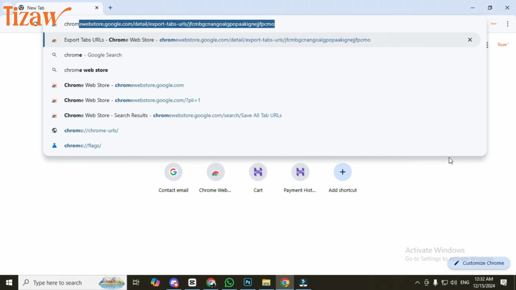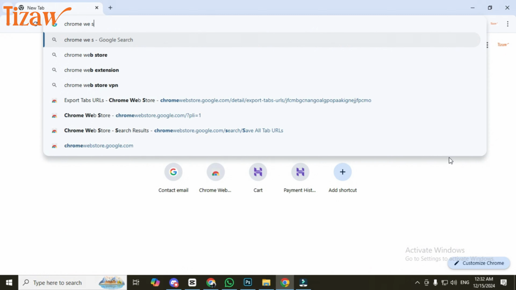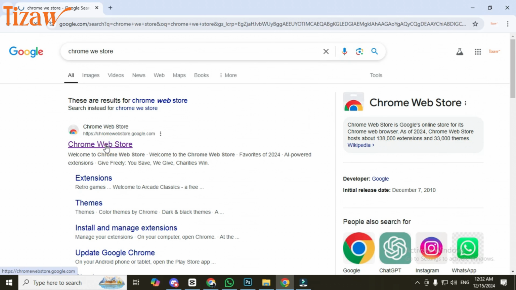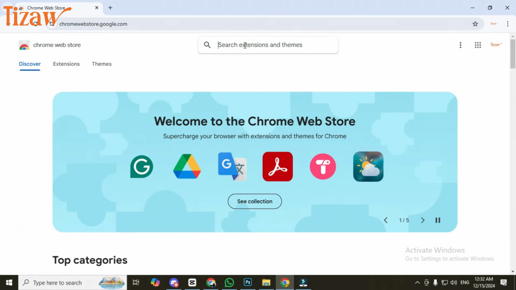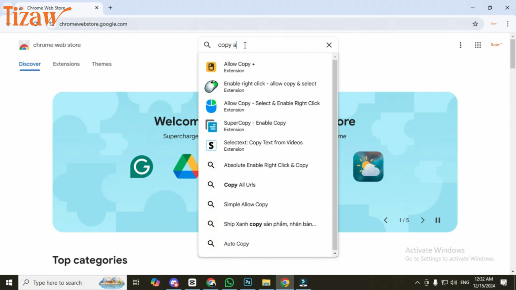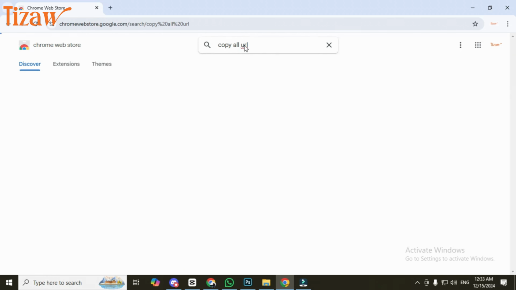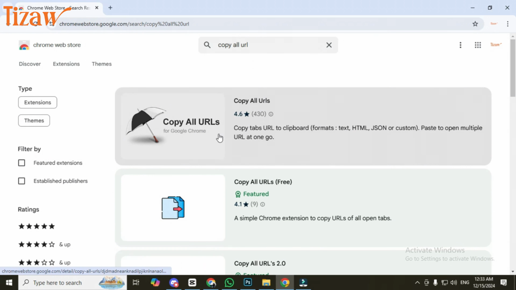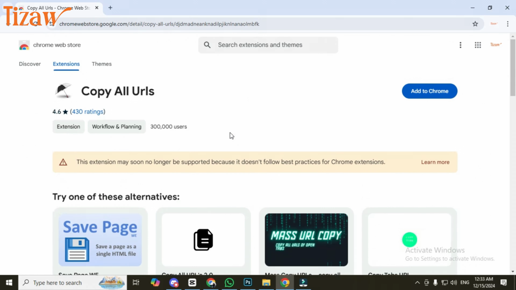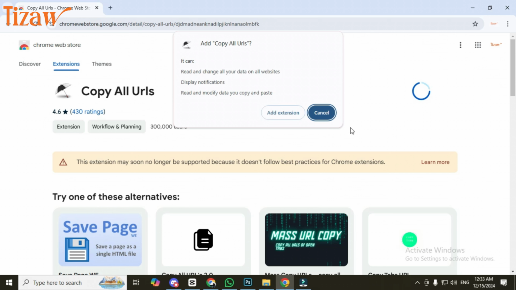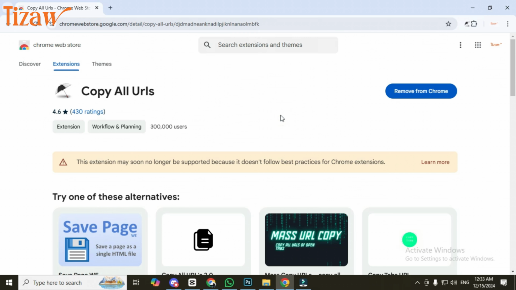Step 1. Search the Google Chrome Store. Open this link. Then in the Google Chrome Store, search for copy all URL. I'm selecting this first extension because it has lots of ratings and reviews. Its rating is 4.6 and it has 430 reviews. Then click add to Chrome, add extension,